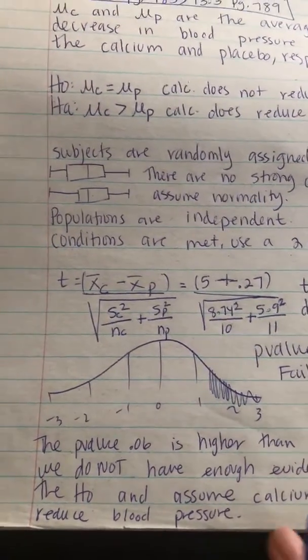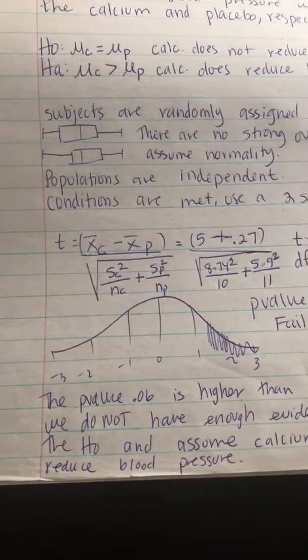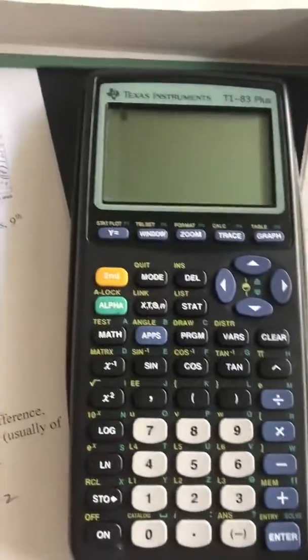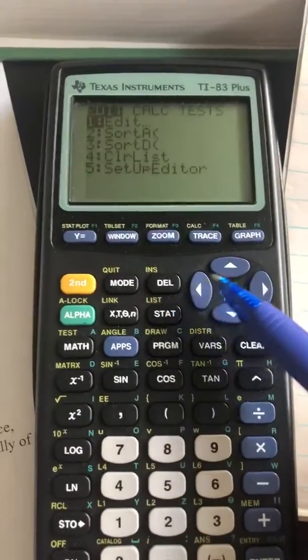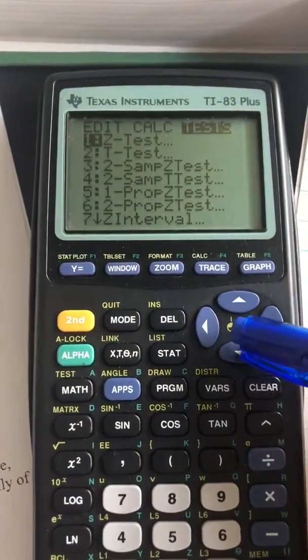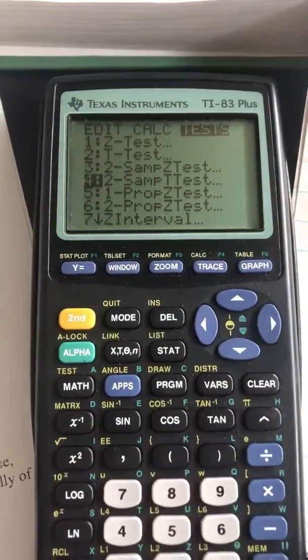Okay, so we'll continue with the example that we were doing. Let me just show you how you do this on the calculator. Just like before, you go to Stat, Tests, and we're doing a 2-sample t-test. So you go down to 2-sample t-test,